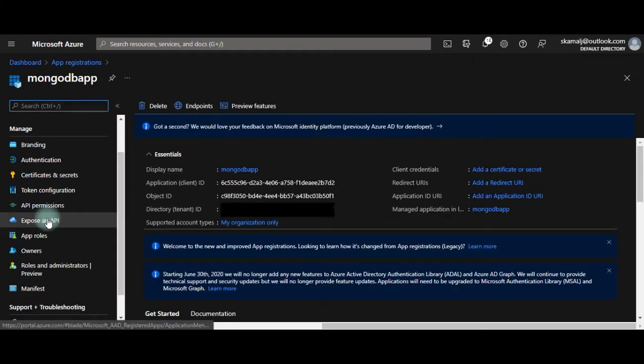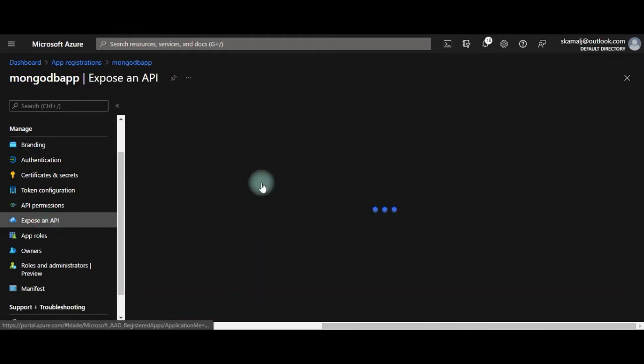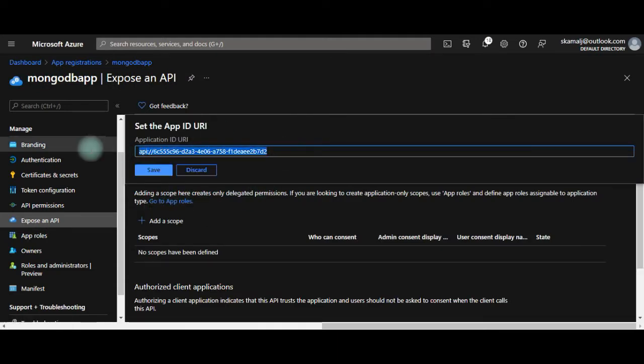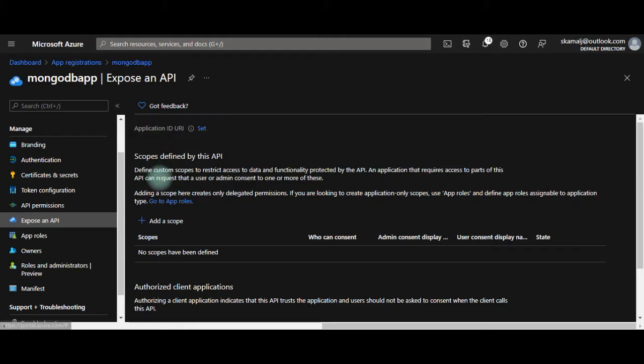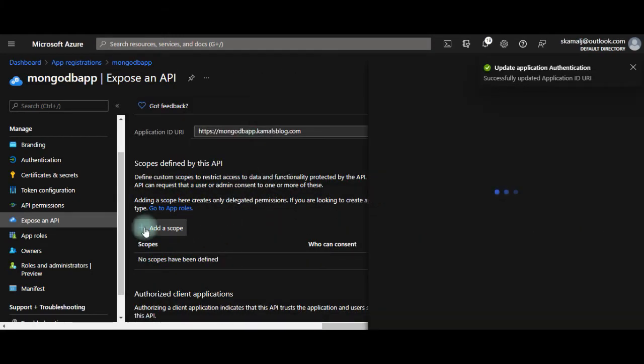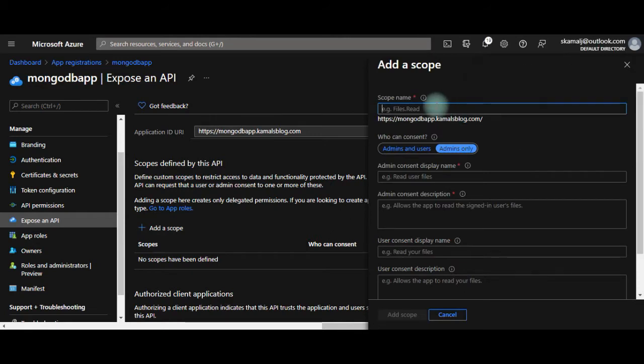One of the first things we have to do is expose at least one scope. So before that we have to set the URI. I'm setting it the same as my app service URL, but it can be anything else. Okay, add a scope. Now we need at least one scope in here. So I'm going to say